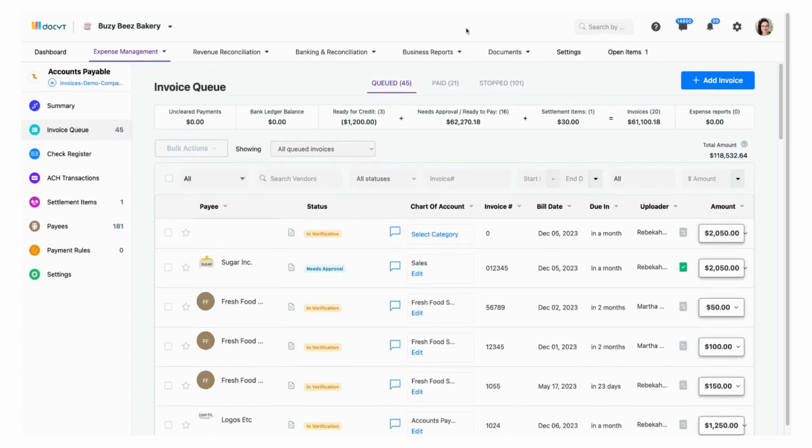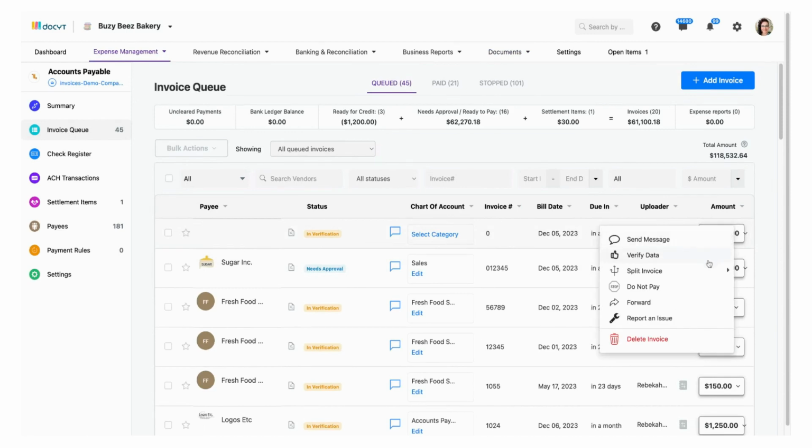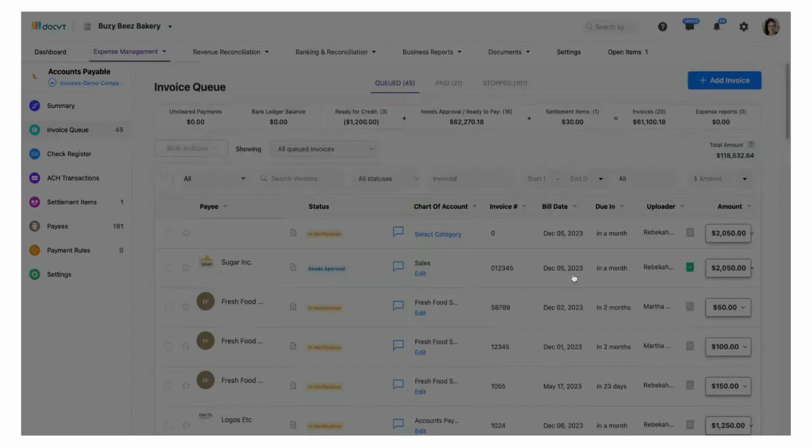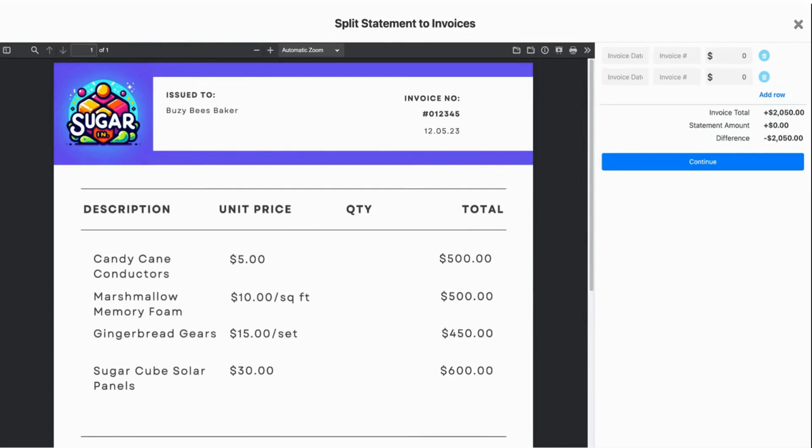To split an invoice, locate the desired invoice in the queue. Click on the Amount button on the right side of the invoice row and select Split Invoice, then select Split Statement to Invoices. You will be taken to the Split Statement to Invoices window, where you can easily divide the statement into separate invoices. Provide the following information: